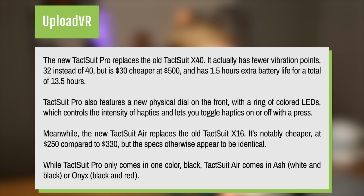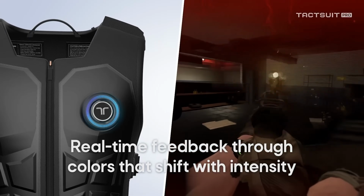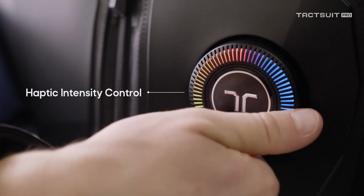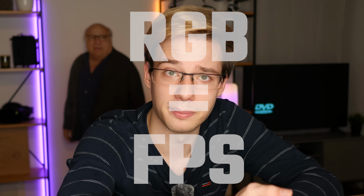The TacSuit Pro also features a new physical dial on the front with a ring of colored LEDs, which controls the intensity of the haptics and lets you toggle haptics on or off with a press. And as we all know, more RGB equals more FPS. So it's really good that they added that RGB dial in the front, because I think I would be incredibly